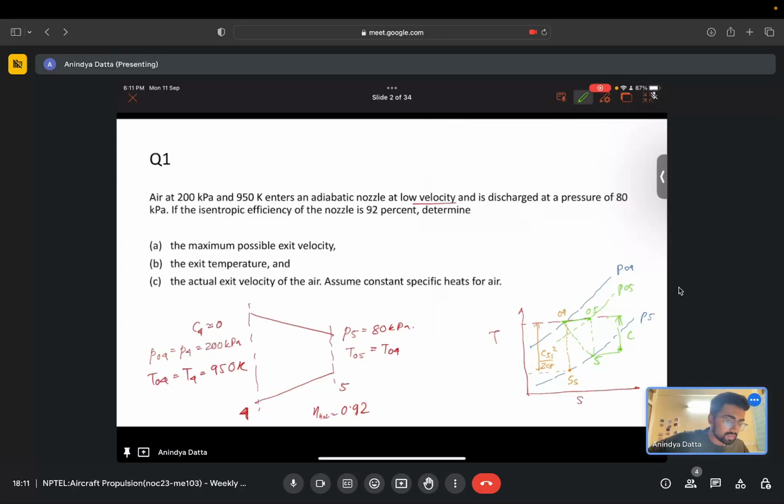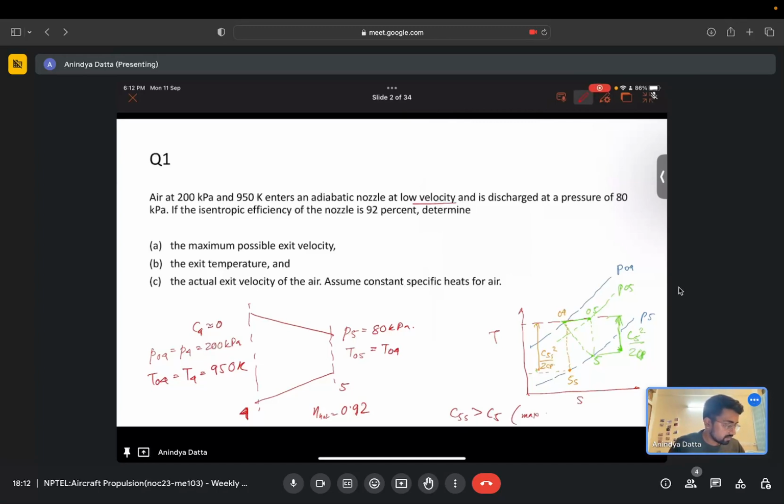And this vertical part will be our velocity squared by 2cp. So this is C5 squared by 2cp. If you see these two vertical temperature differences, denoted by the orange line and the green line, we can conclude that C5s is greater than C5, okay,